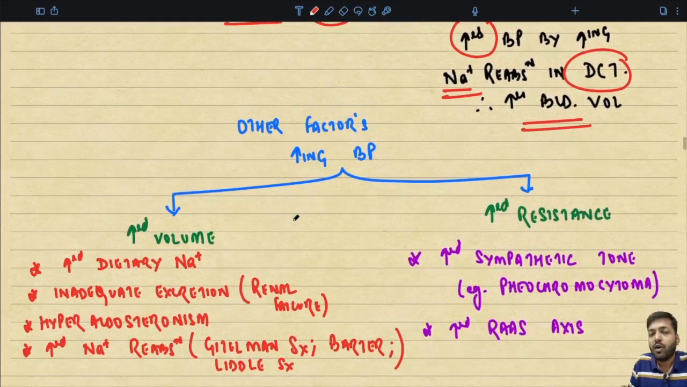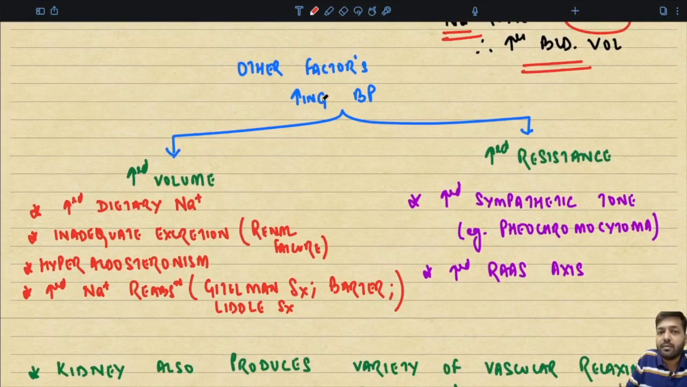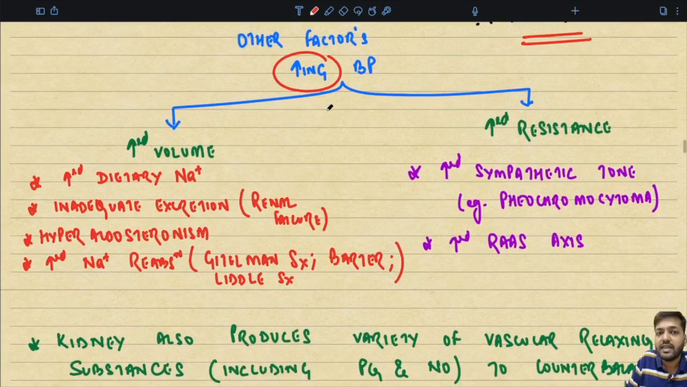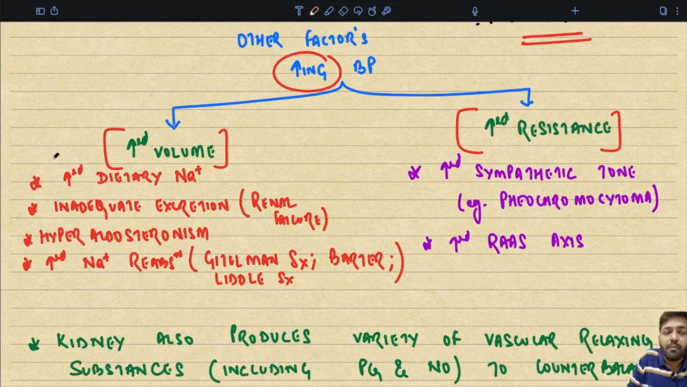Now, what are the other factors which are increasing the blood pressure? Very important, the other factors are increased volume and increased resistance. The blood volume can be increased by increased dietary intake, very important. Secondly, by inadequate excretion, as in conditions of renal failure,